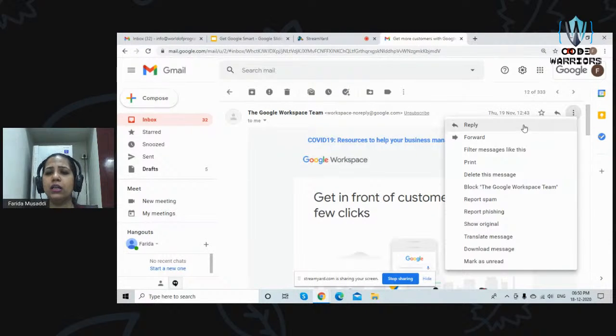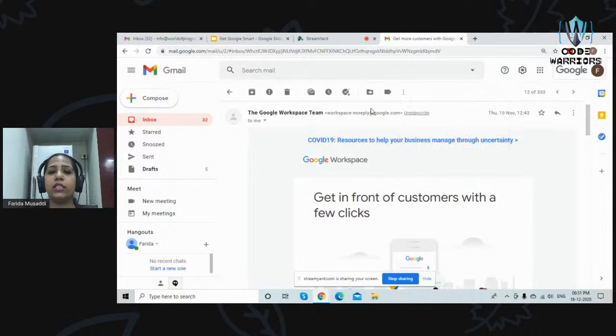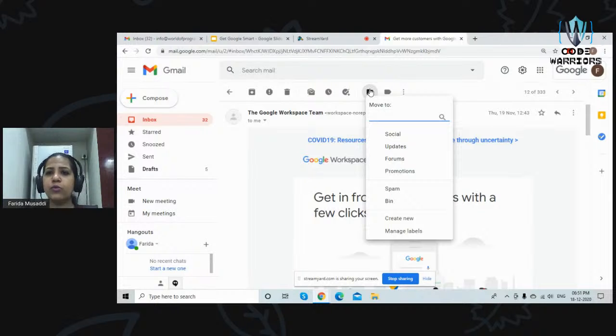Apart from that, you have these options wherein you can reply, forward. I'm sure all of these are known to everyone. Then here also you can mark it as unread, important, filter. You can choose this option over here, move to. This is where your labels come into picture. So if I want to move this email to, let's say, promotions, or let's say to social, I can move it to any of the labels.